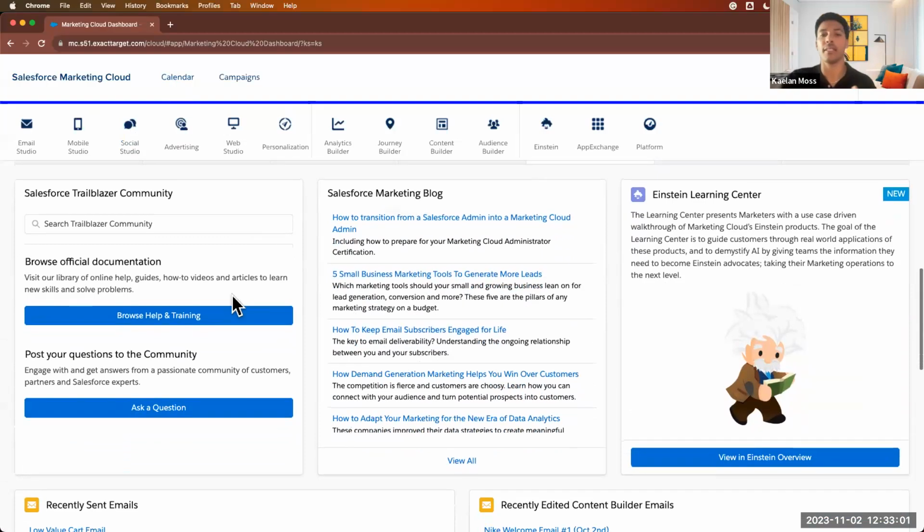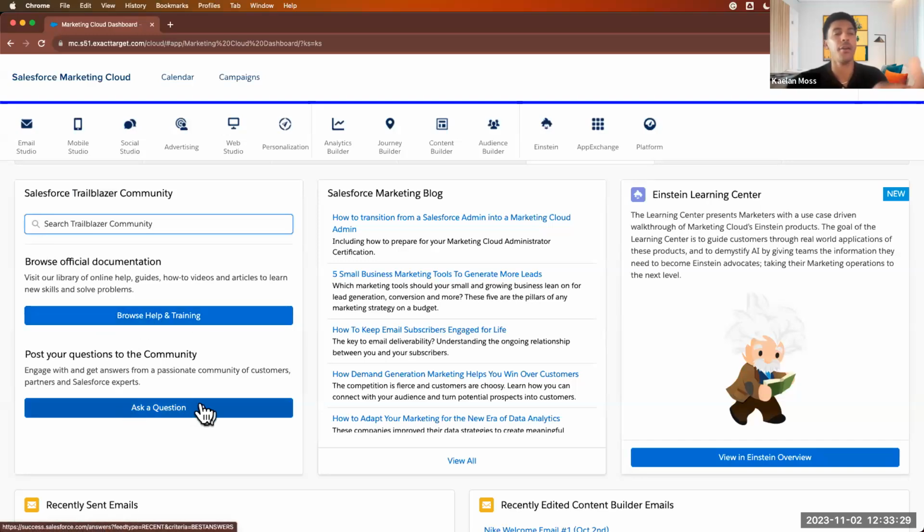And then other links. Now, I always tell people, if you're working in Marketing Cloud and you're struggling to figure something out, they already know that people are looking for a bunch of different places to find information. So a really great place to go is the Salesforce Trailblazer community right here, where you can actually search for certain things that you have questions about. And then you can also go directly to help documents and go directly to the community. So always come back to this if you have any questions.